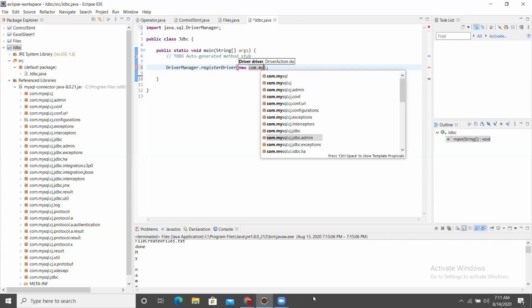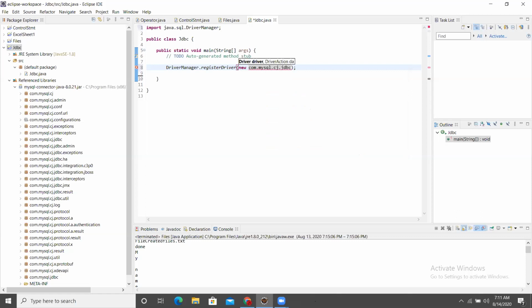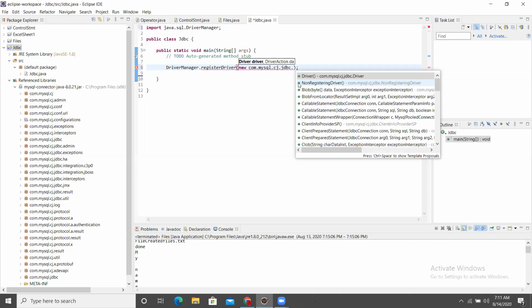Is it giving any hint? No, sir. It is giving the default jdbc.admin and exceptions both. No, you don't see admin, only till JDBC. JDBC dot. So what is the class name?